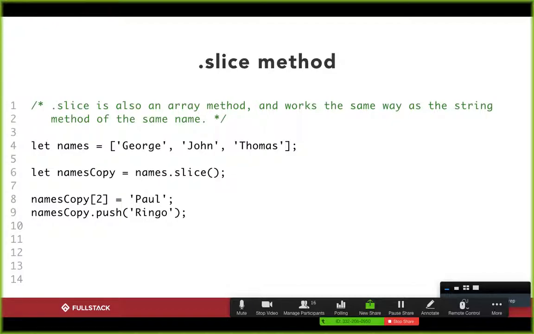And so here on line 6, that's exactly what we do. We take the names array and we're calling .slice on it, but we're not passing in any arguments, which basically is saying, hey, copy the entire array for me, please. And then once I have that copy, which I store under the variable names copy,